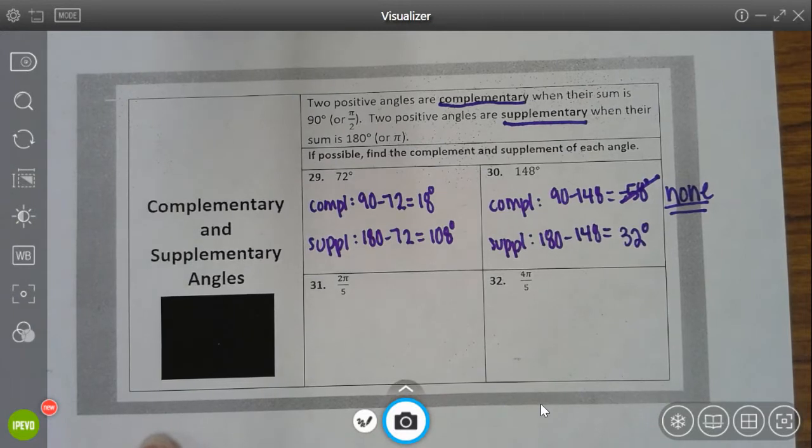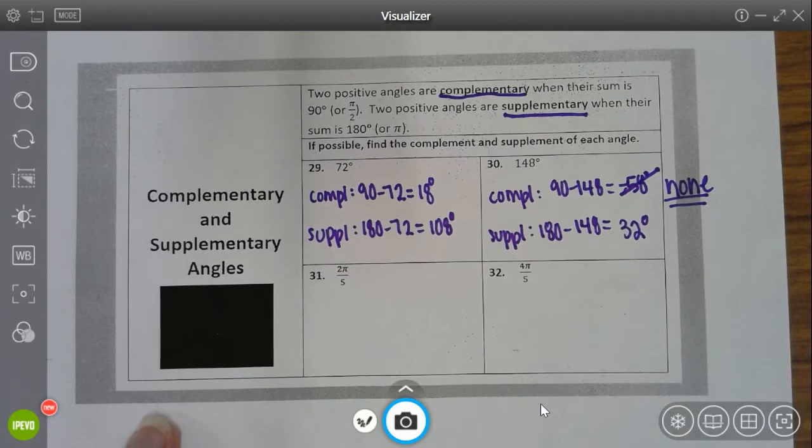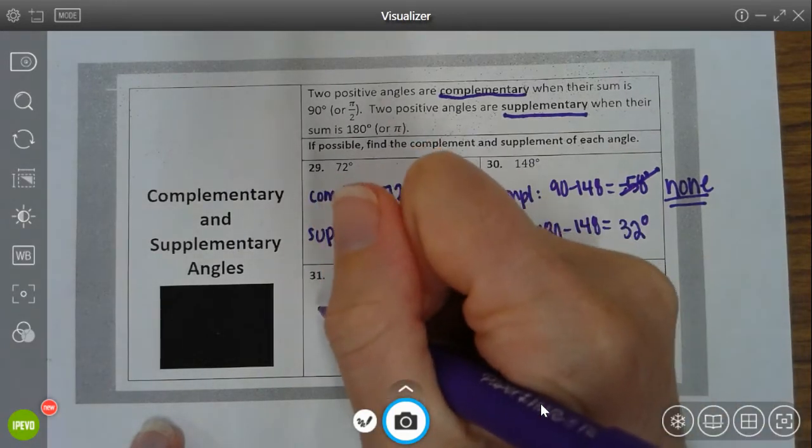Now, whether we're in degrees or radians, we can find complements and supplements. The only thing that changes is the number that I'm using to represent the angle measure. So when we're working with complements and supplements in radians, we're going to use pi over 2 radians and pi radians to represent the 90-degree point and the 180-degree point. So if I want to find the complement,